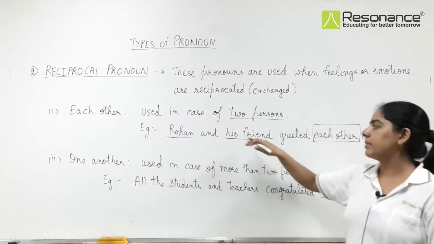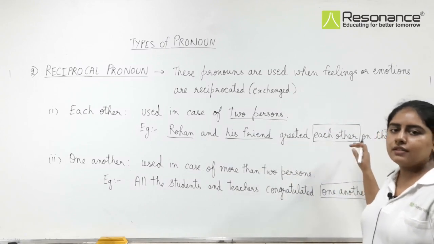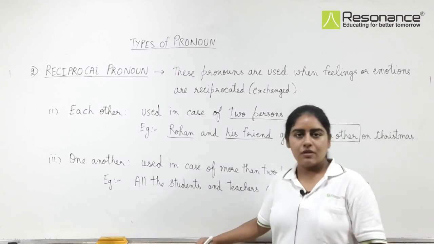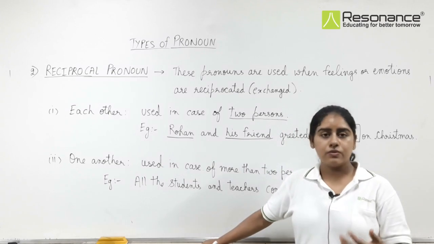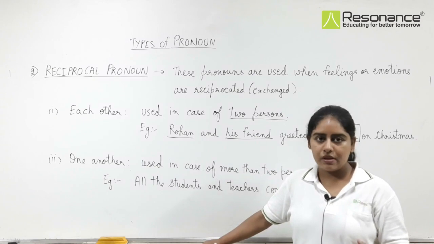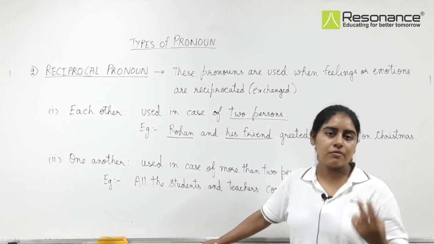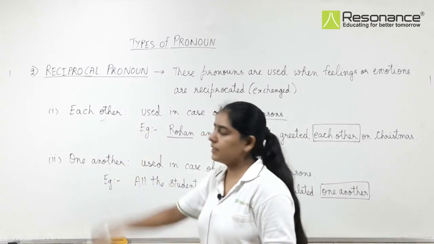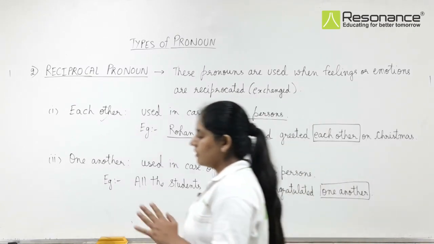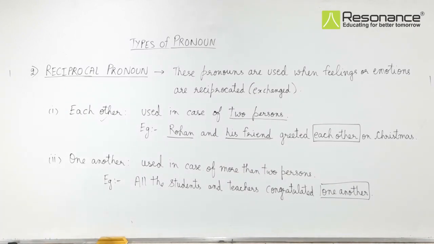Bride and the bridegroom exchanged rings with each other or one another. Who is bride and who is bridegroom? The people who are getting married, right? So bride and bridegroom, these are two people. They exchanged rings with each other or one another. So here we are talking about two persons, so we will use each other in this case. So this is complete reciprocal pronoun, and now we can start the next category of pronoun, that is